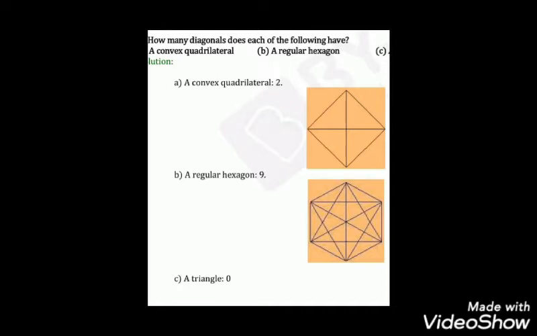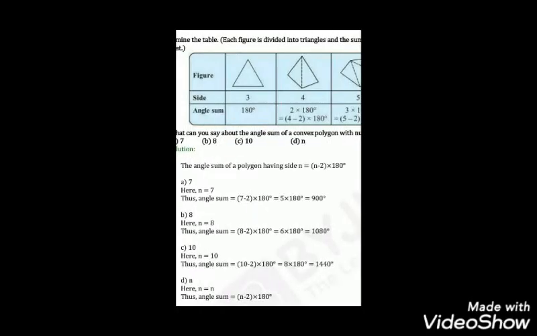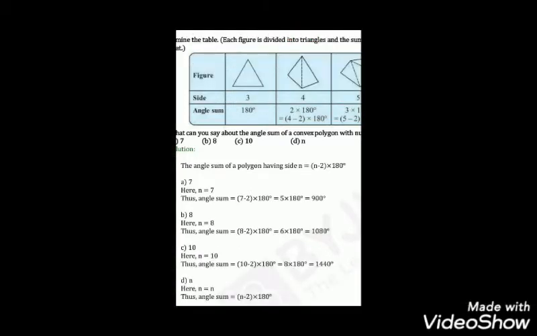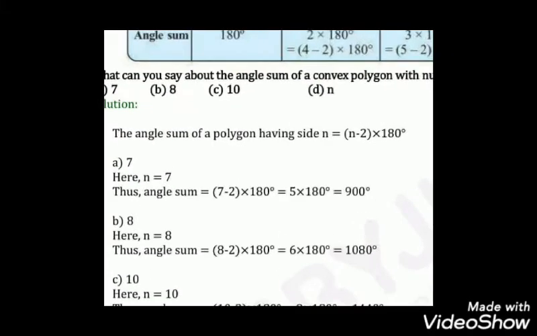In that way we have to do that. Third question need not do in the exercise 4.1. Let us move on to fourth one there children. This is just I discussed in the previous video. What is the formula used to know the angle sum property of any polygon? That is n minus 2 into 180 children. N minus 2 into 180. So using that they found it out. They gave some figures for a triangle, for a quadrilateral, for a pentagon and also for a hexagon. They have given. Isn't it? How much we are getting after multiplying, you can see there children.